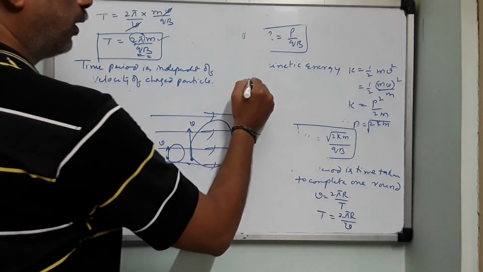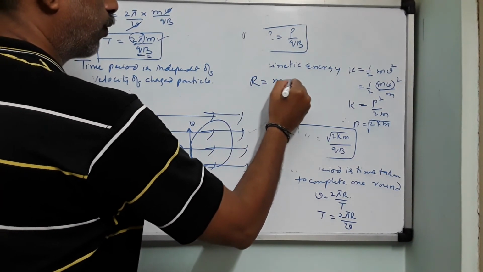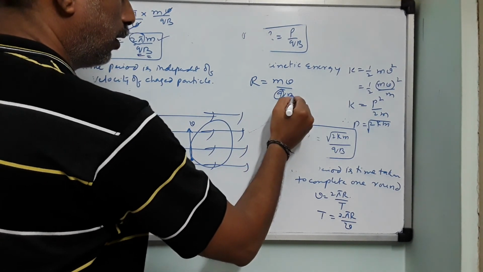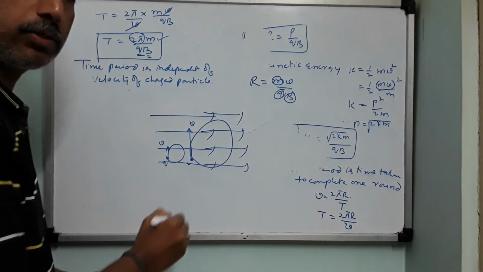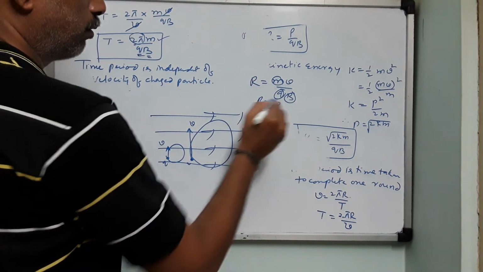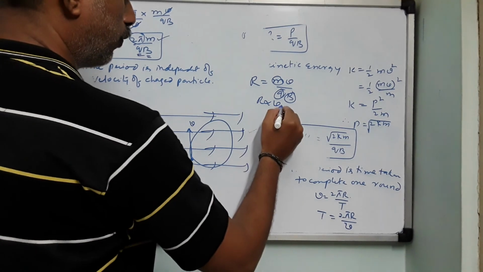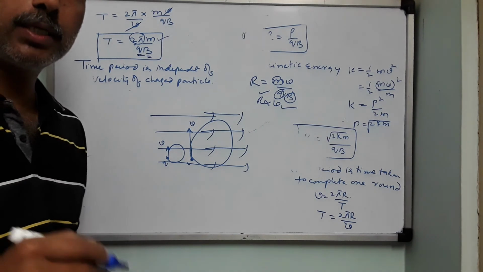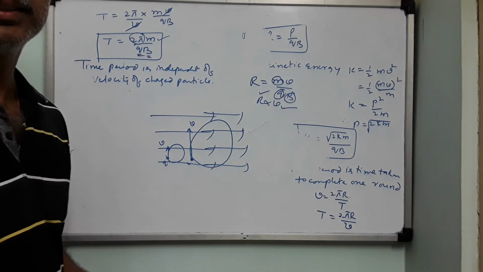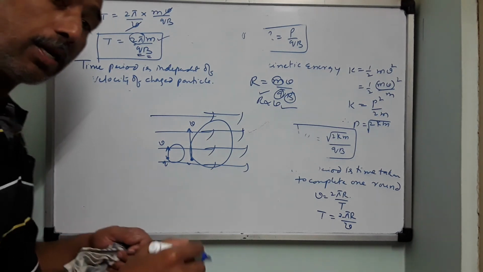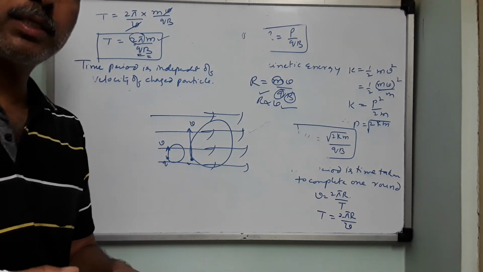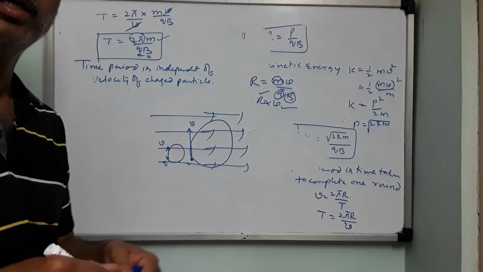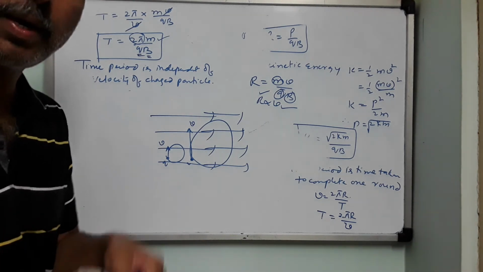So this equation is very vital now: r equals mv by qB. If your charge is constant, B is constant, and the mass of the particle is also constant, the radius is directly proportional to velocity. The more velocity you give, the more radius it will take. That means it will move in a circular track of a bigger radius. So obviously, with a large velocity, when it is moving in a circle of bigger radius, it will take the same time as it took moving in a circle of smaller radius with smaller velocity.